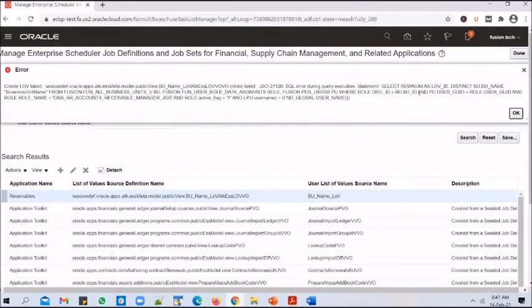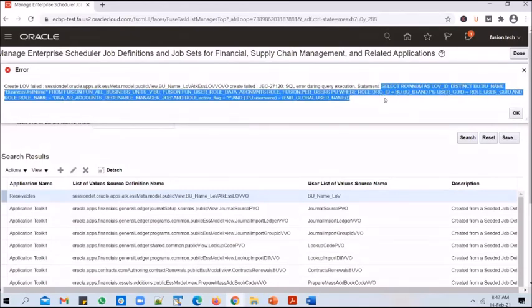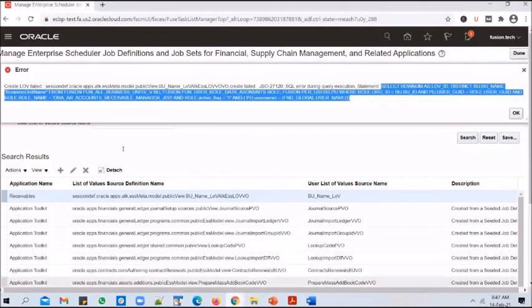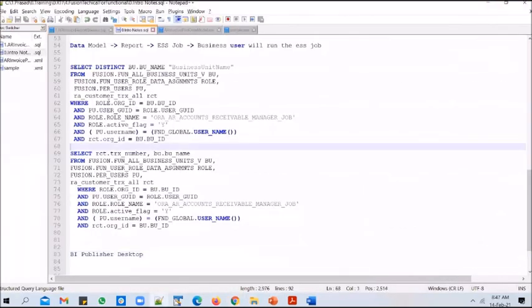Okay, there was a bug in the application. So what does it say? It says error during a query execution. But I don't think we have any errors in this particular query. We were able to execute it directly from a data model successfully, right? So let me give it a try with this query.